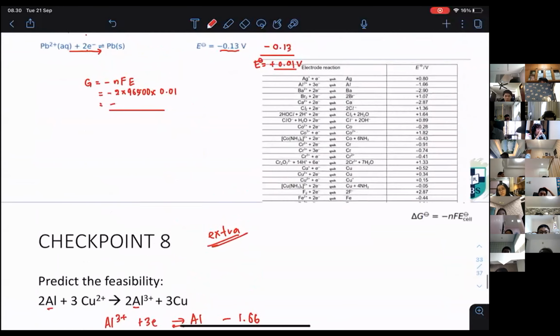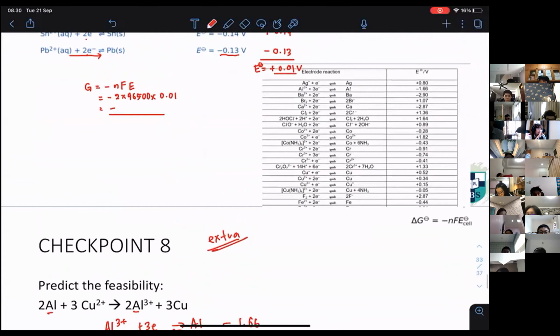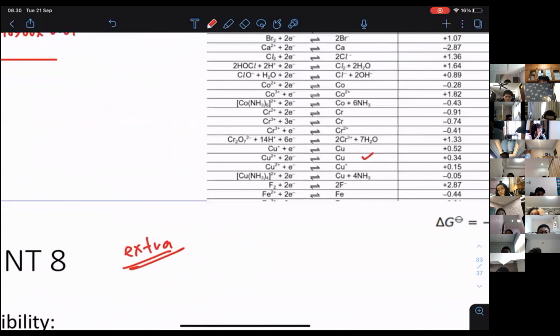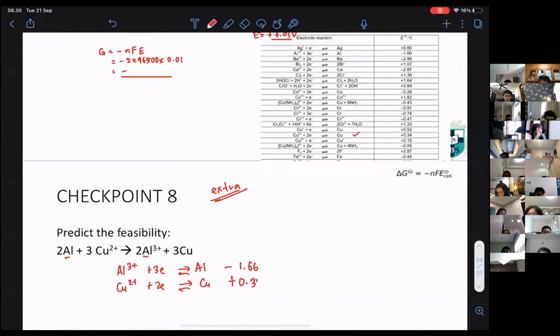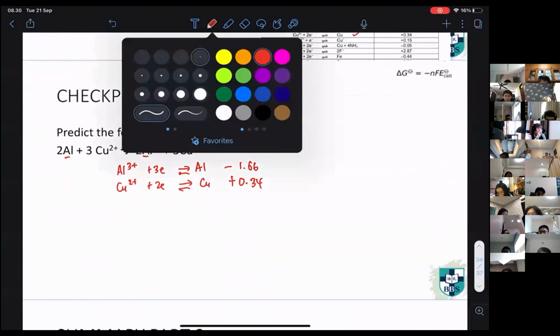Copper is going to be 2 plus, yeah. So this one, select the proper one. Copper 2 plus plus 2 electrons, 0.34. Okay, 0.34. So now, okay, I know that